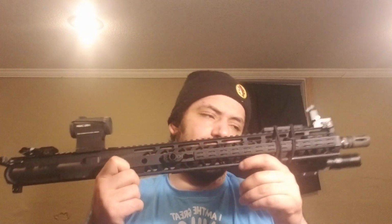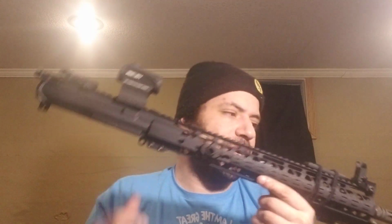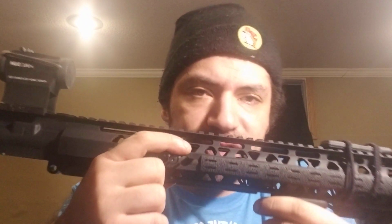So, the Grid Defense. The barrel is accurate. It's fine. It's more accurate than myself. I put this through the ringer, and so far it's showing promise. 1,000 rounds, no issues. It's got the typical A2 birdcage. Nothing fancy at all. Your key mod is going to be on the sides here, only on the sides where you can mount stuff. And then it has these little slots up here, which I'm not really a fan of, but at the same time,